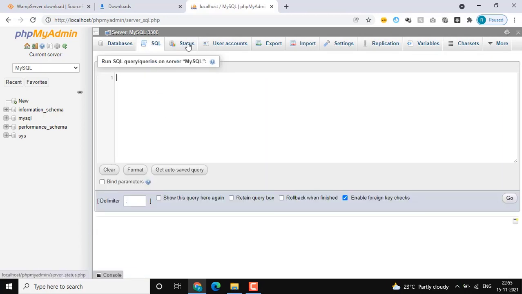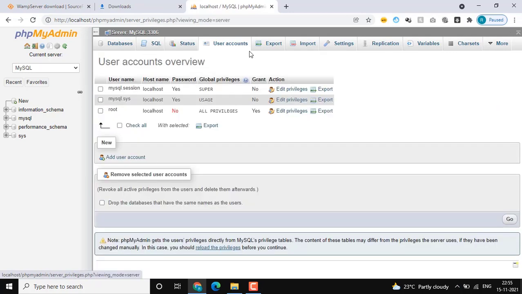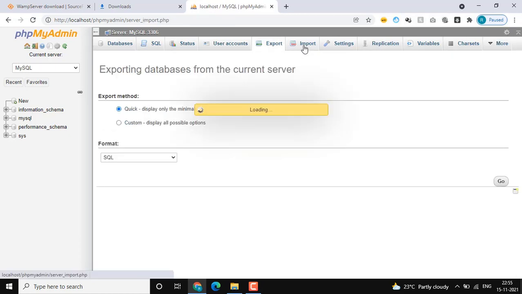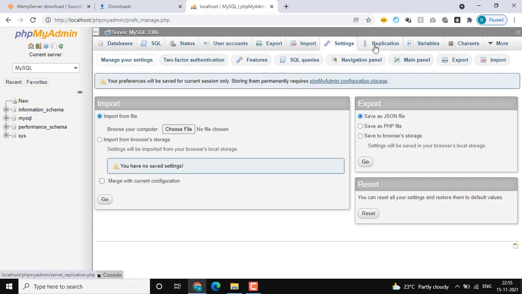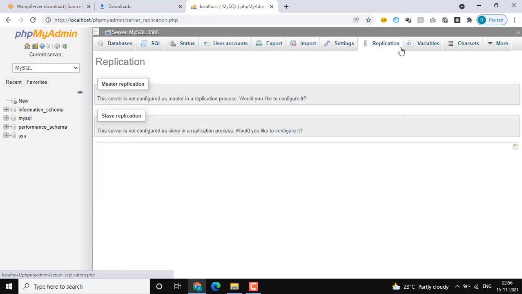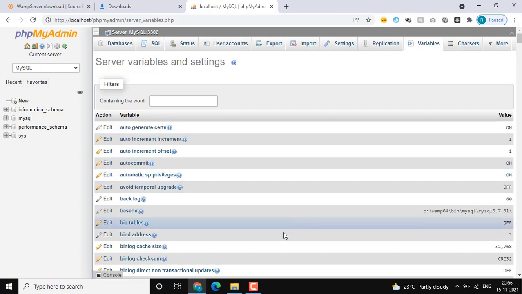The third tab is status. So it just gives the status of traffic. Then there are the different user accounts that have been set up. We had logged in with root, which doesn't have any password. We can set up a new user as well. This is for exporting and importing databases or tables in our system. So we can use these options later on if you want to perform any other operations. I also have created videos for this. So there are more options like this.